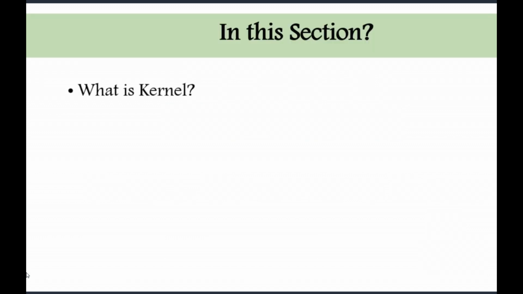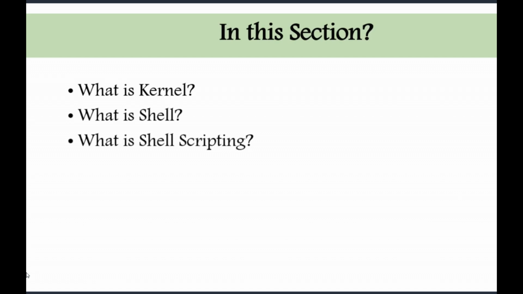We will start with the kernel: what exactly the kernel is and how it interacts with the shell. Is there a kernel in the operating system, and how does it interact with your hardware, and how does it interact with your shell and your operating system? What exactly is a shell? Of course, this is the main thing we want to know. How does shell scripting work? There are so many types of shells. There are Korn shell, there is bash, there is C shell, and many more that I will cover in this